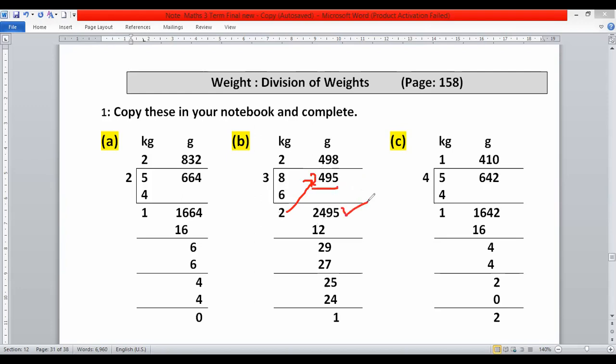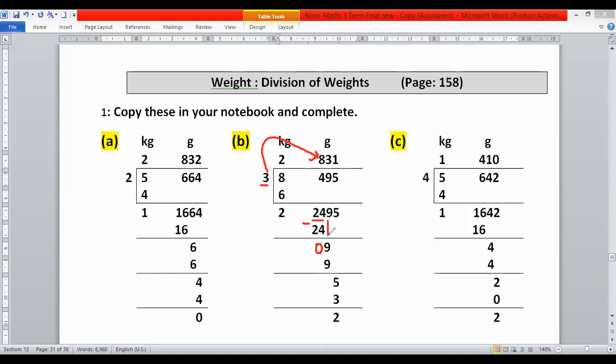And after that you start division from, you can say, consider it a new number. You are dividing just 2495 by 3. So first of all, we will take these two digits, means we are dividing 24 by 3. So you know that when we multiply 3 by 8, we get 24. 3 times 8, 24. 24 minus 24, 0.